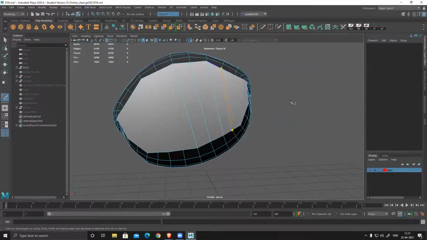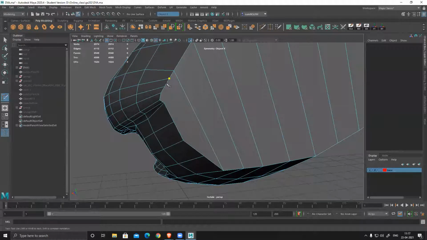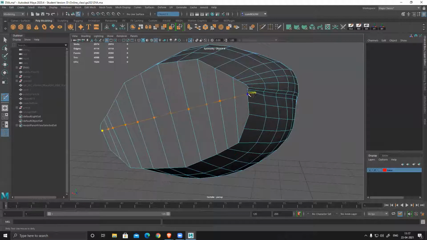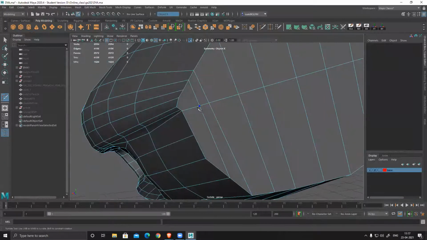Connect them, keep them clean. So I'm trying to keep everything quads, and the center line should continue. 2, 3, 4.